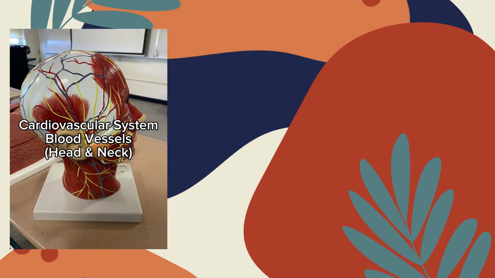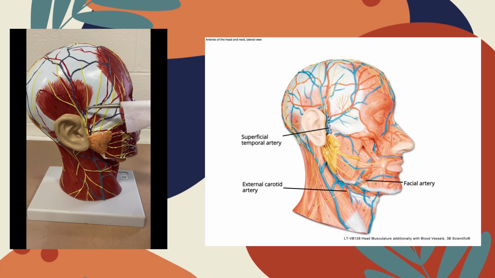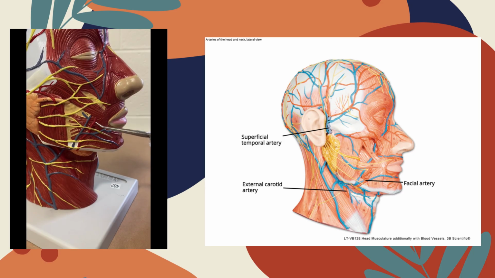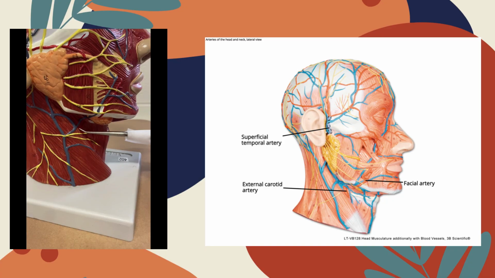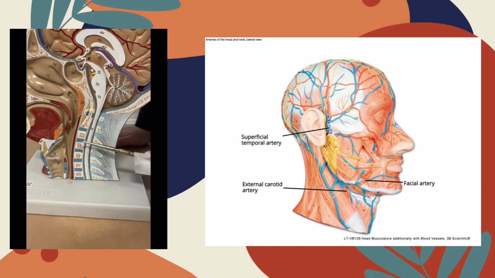In this video, we're going to look at the blood vessels that supply the head and the neck. Starting off with the head, we have the superficial temporal artery, the maxillary artery, the facial artery, and the external carotid artery. There is also the internal carotid artery and the right and left vertebral veins that are not shown